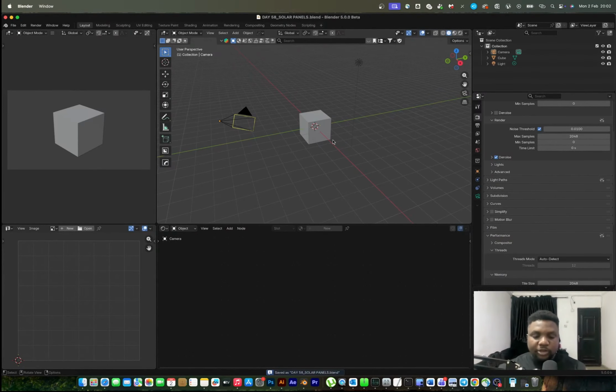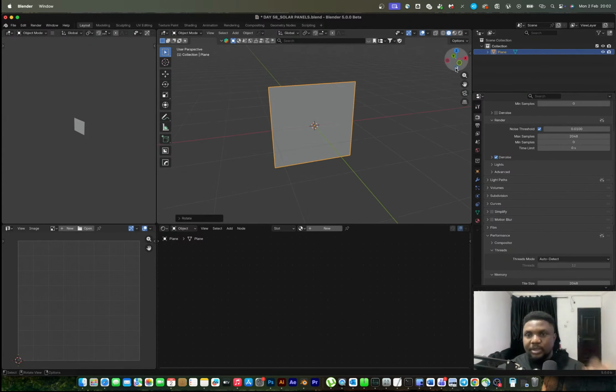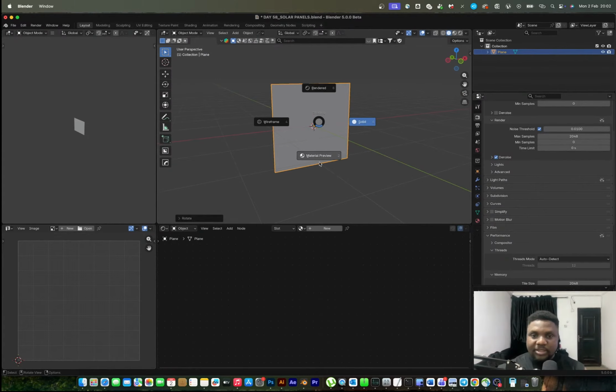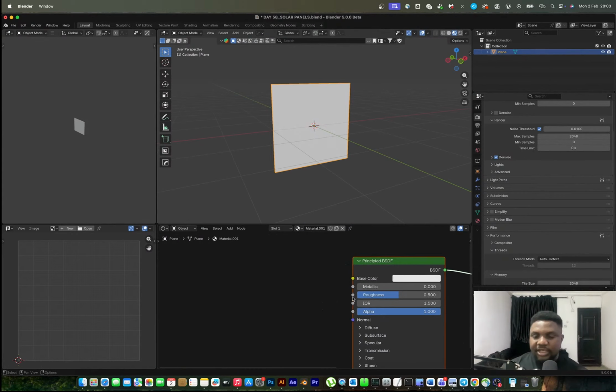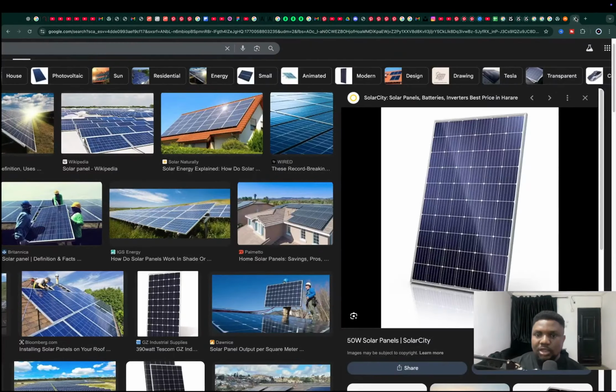Sweet. Okay. So first of all, I'm just going to quickly clear the scene, and I'm going to bring in a flat plane RX90. I'm leaning more procedural, so that's what I'm going to do. So I'm just going to bring in a shader, and the first thing I want to achieve in this solar